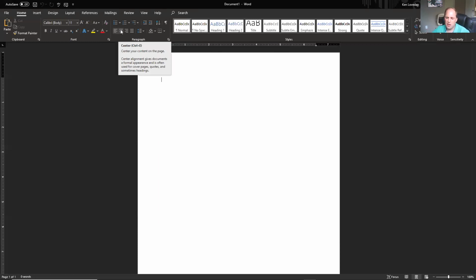And you will note that when I hover over it, a little tip box comes up and tells you the name of the command and what the command does. So if you're not sure what something does, just hover over it, and that little tooltip box will come up. Okay? Won't last forever, but